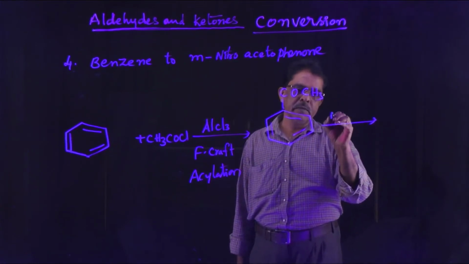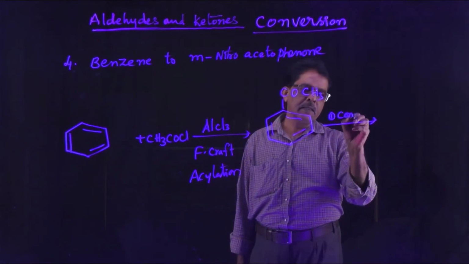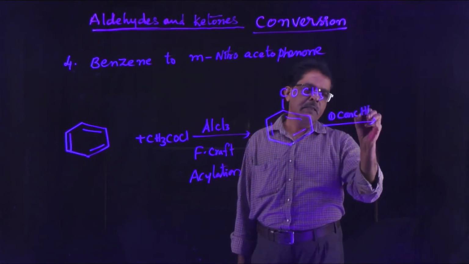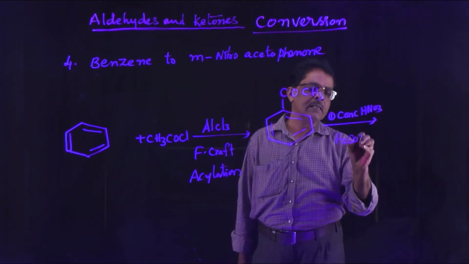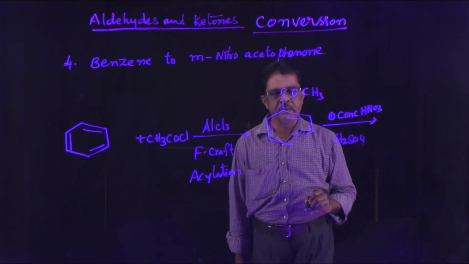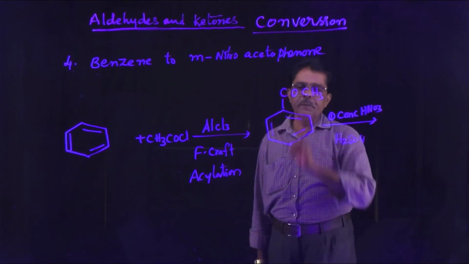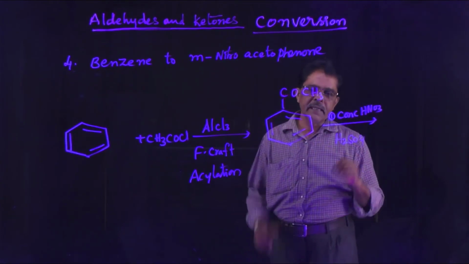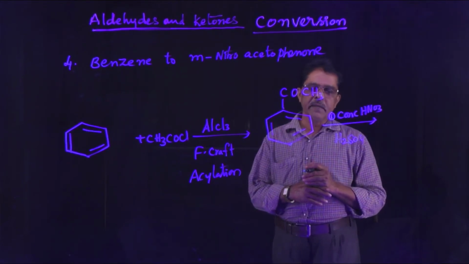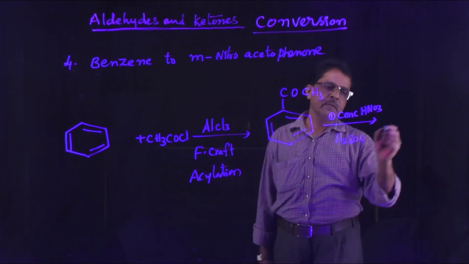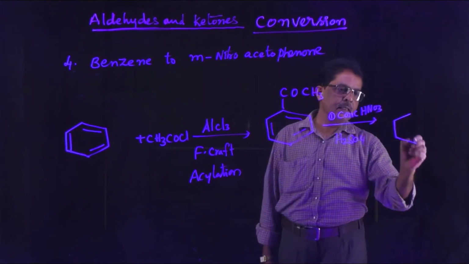Nitration: you know very well that concentrated HNO3 and H2SO4 is the nitrating mixture. Then this group directs the next incoming electrophile at the meta position. Therefore, we will get here